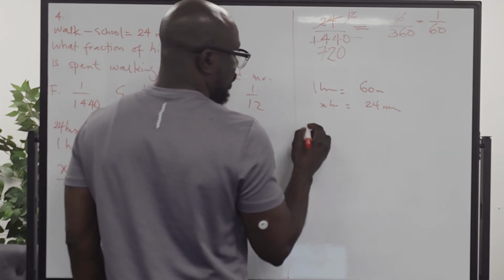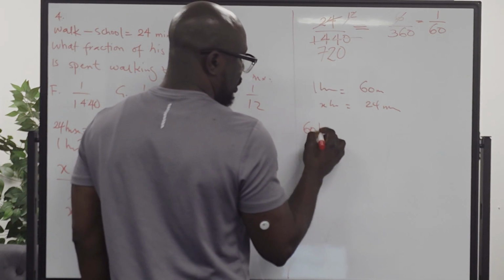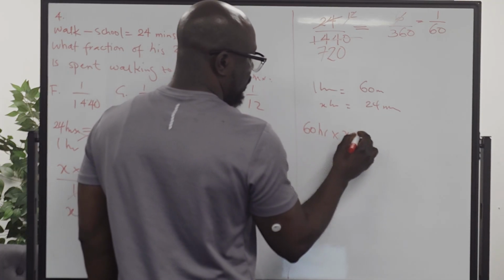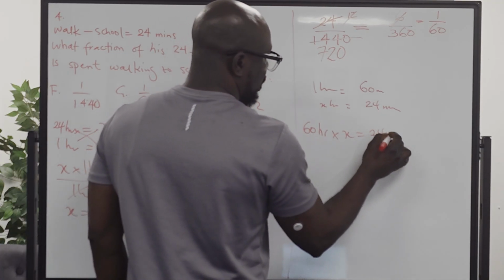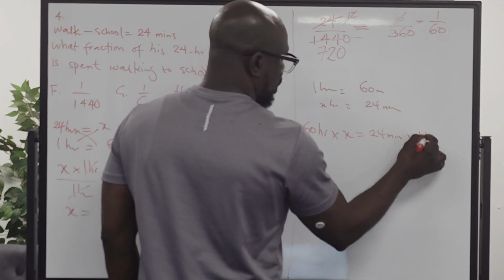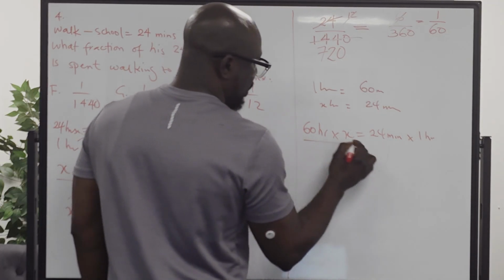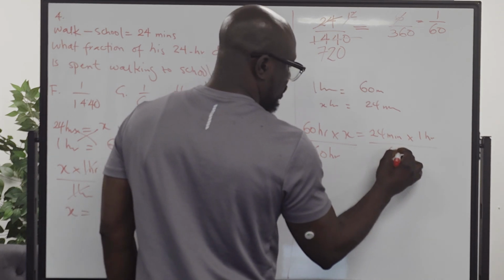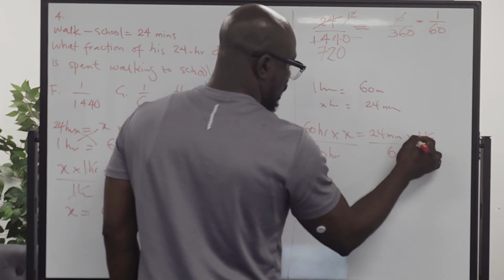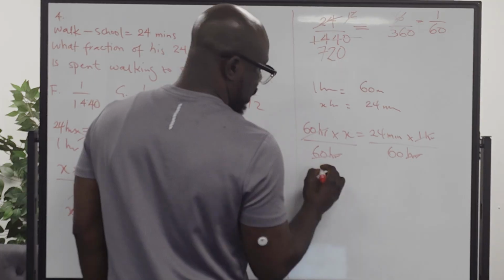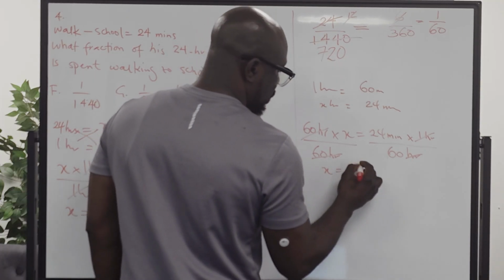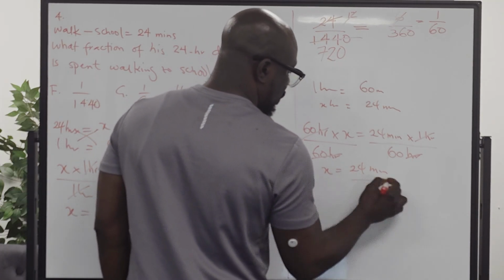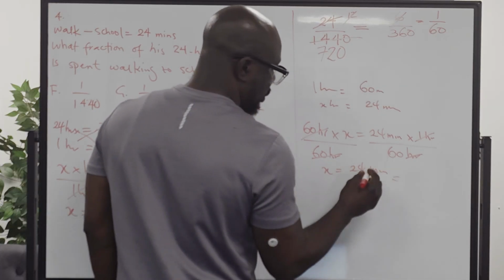That gives you 60 hours times x is equal to 24 minutes times 1 hour, and then divide both sides by 60 hours. So this cancels out, this cancels out. So you have x is equal to 24 minutes over 60,